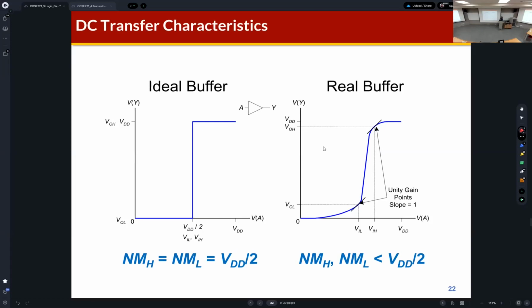Okay, so actually I skipped this part, so I will explain about the characteristics of the ideal buffer and then the real buffer. So what is the buffer? This is the